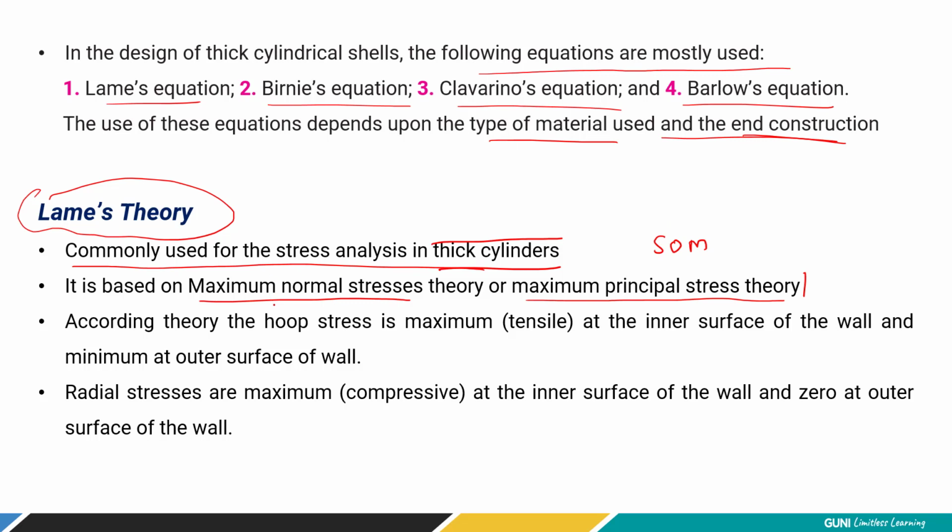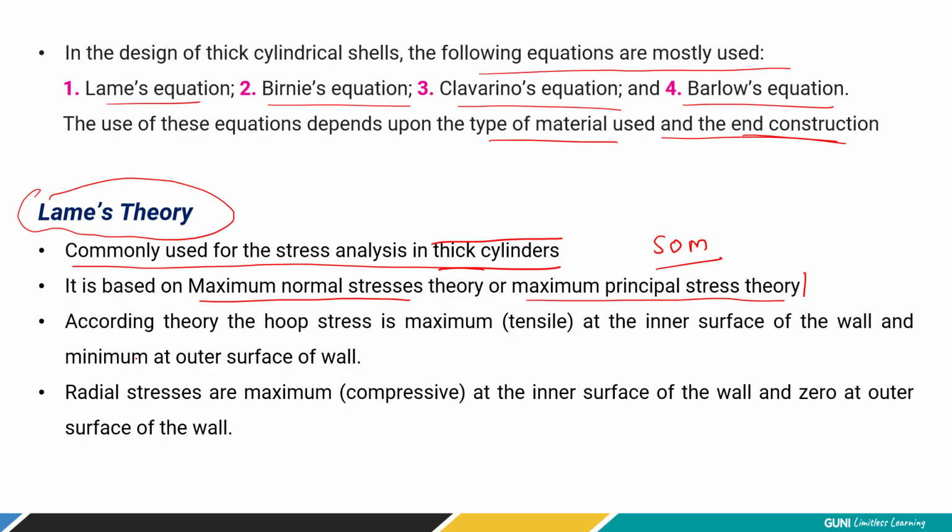So when will the maximum normal stress happen? There is a tangential stress, there is a radial stress, and then there is going to be a shear stress. So how can you find the maximum normal stress? Normal stress means perpendicular to the applied section. Even if the load is applied at an angle, we have to find out the value of the normal stress and its maximum value. So there is mathematics involved over here. You can just go and recall the theory of normal stresses and principal stresses from the strength of materials subject.